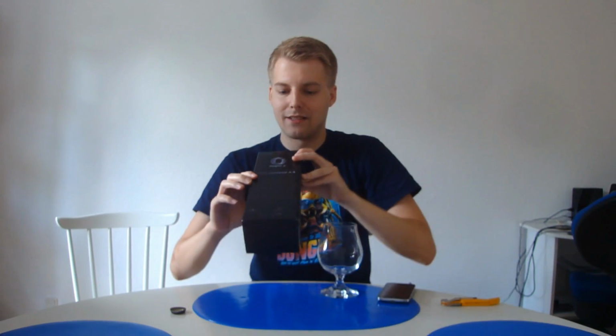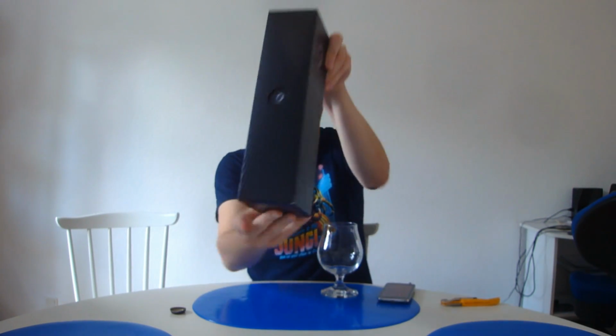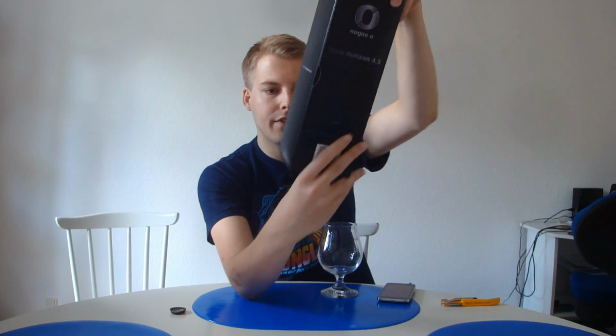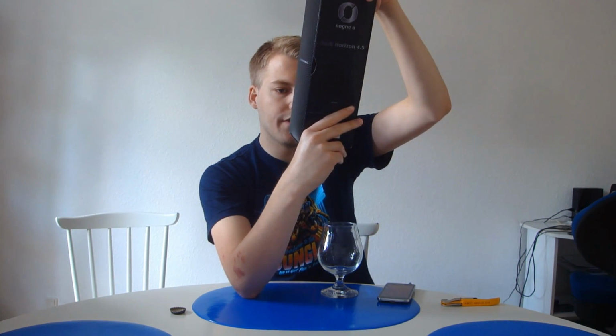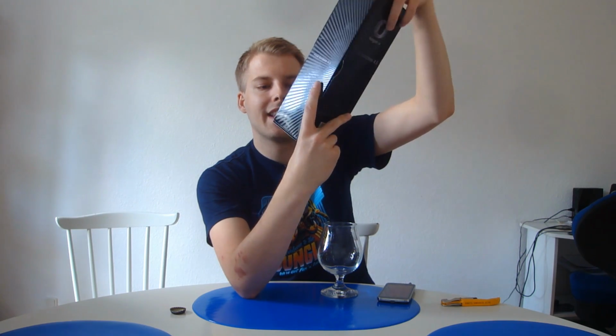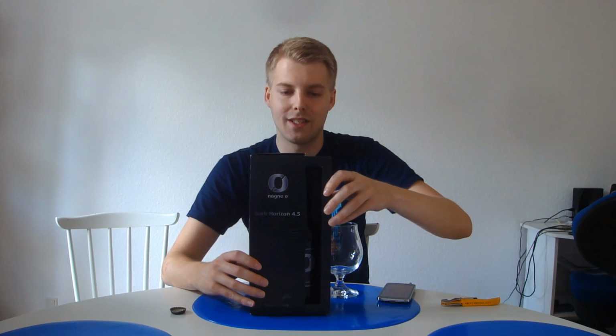Look at this box, man. It looks amazing. It says Dark Horizon 4.5 all over. We got the signature of Kjetil Ikun, the head brewer of Nøgne Ø, or the previous head brewer of Nøgne Ø, and Steven Anders, the barrel settlement manager. And this is basically Nøgne Ø Dark Horizon 4, and the 0.5 is because it's been aged in whiskey barrels,